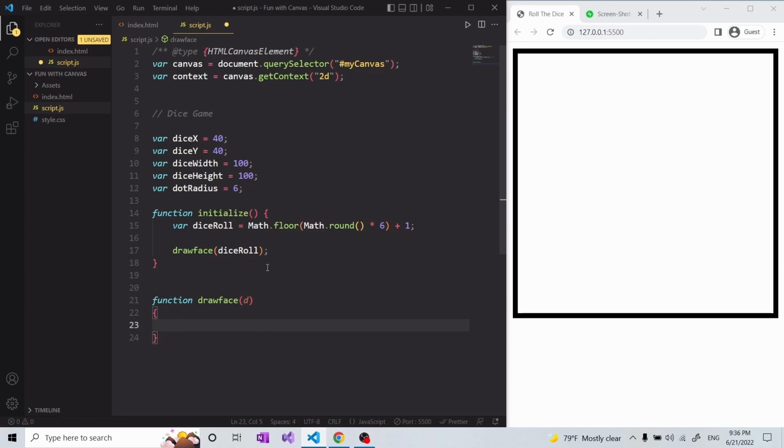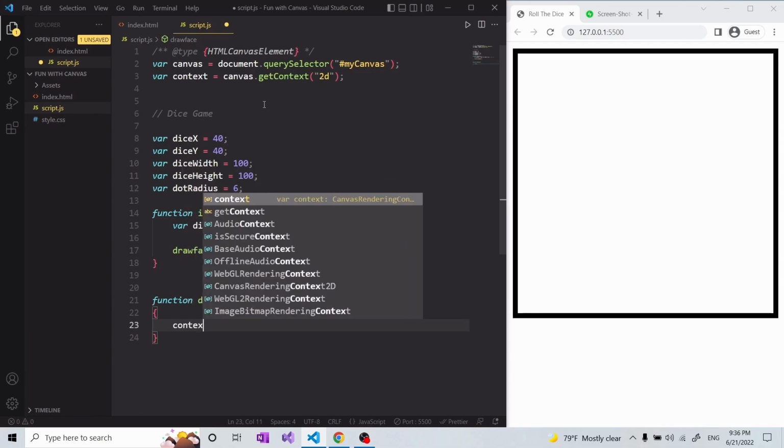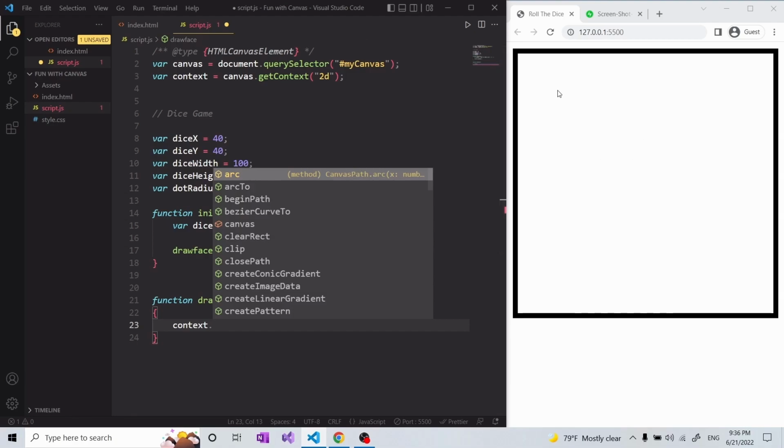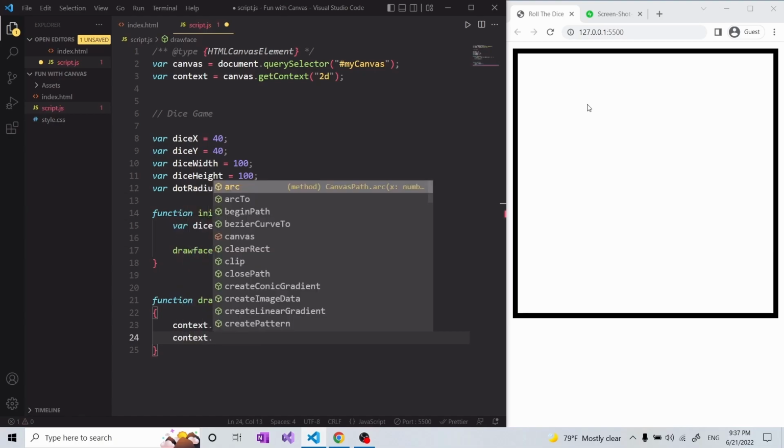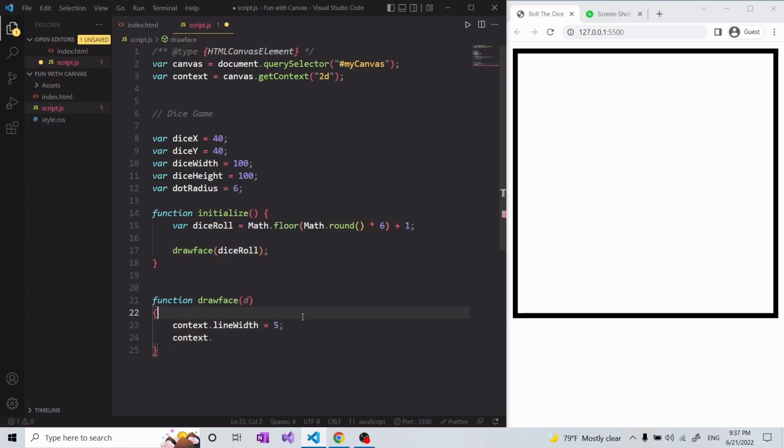Okay, now to draw the face, first thing we're going to do is actually specify a line width, for instance, since we're drawing actually this rectangle. So I'm just going to say line width, and I'm going to give that a value of 5. And then what we're going to do is before we actually draw our rectangle, we're going to clear and draw, since we're going to have more than one face. As I said, clear and draw again is like 4. So that we clear and draw again,